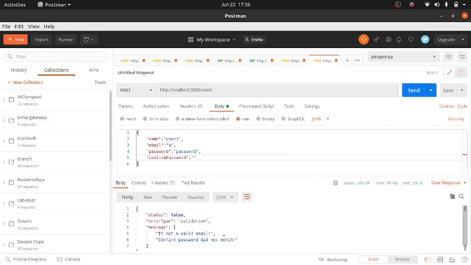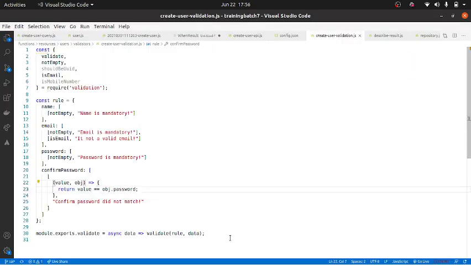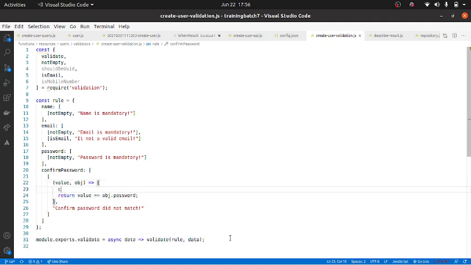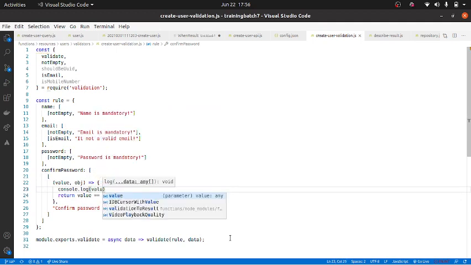You see, confirm password does not match and the email is not valid. Let me make the email valid, a4@a.com. Now it will tell confirm password did not match. If I give password here, it says something went wrong. Let me put a console log, value comma object, just to make sure.